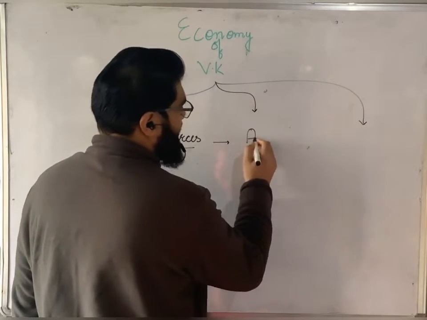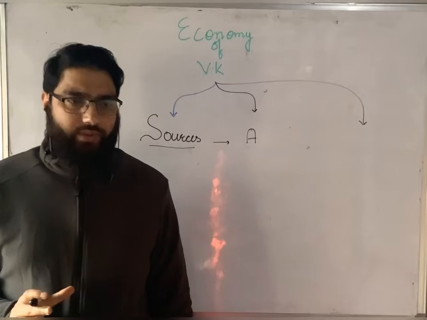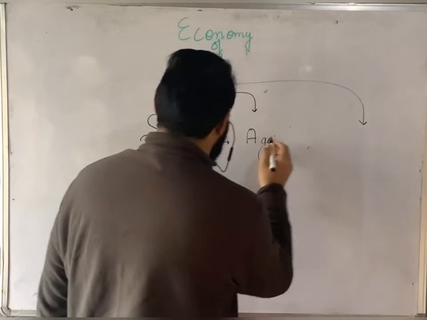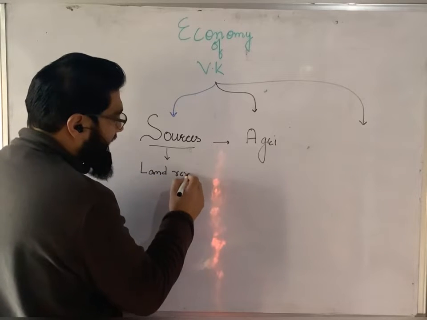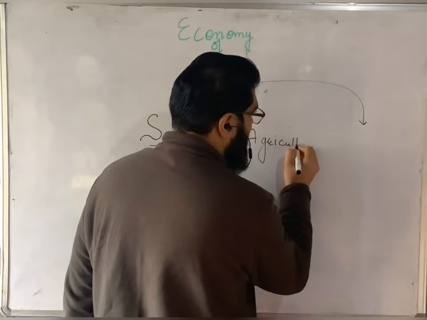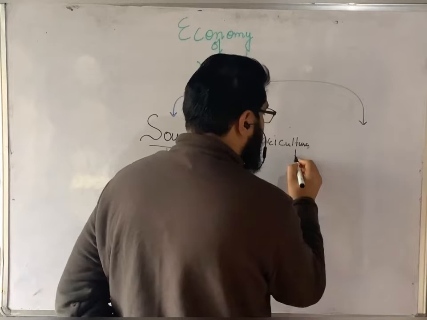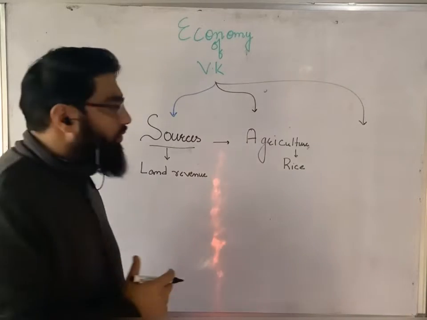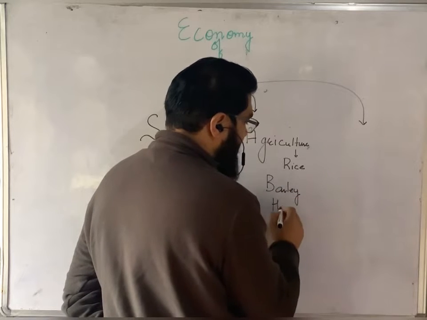First would be agriculture, because land revenue was one of the important sources of income, and for that we will have a short discussion. The source is land revenue. But we will have a short discussion upon agriculture as well, because we will try to assess their subsistence. Rice was a staple crop. Does this mean only rice was present? No. Other crops were barley, horse gram,